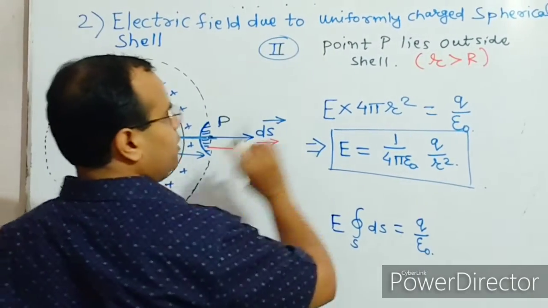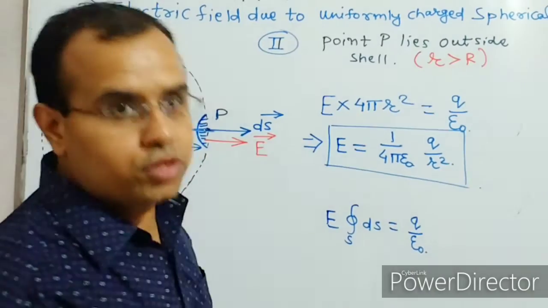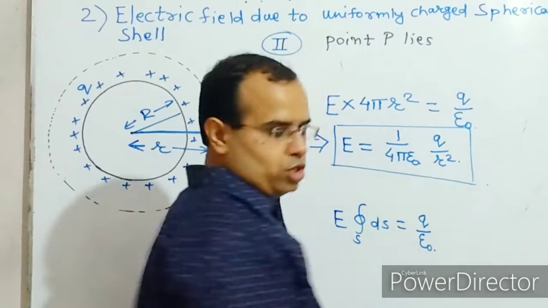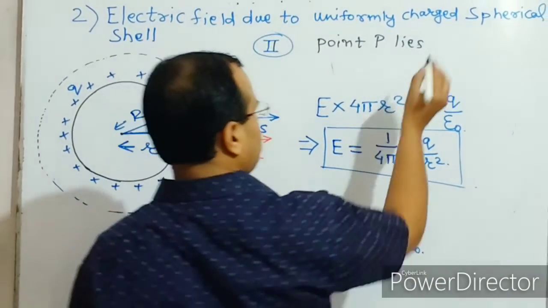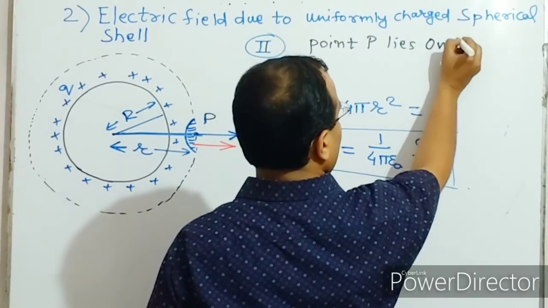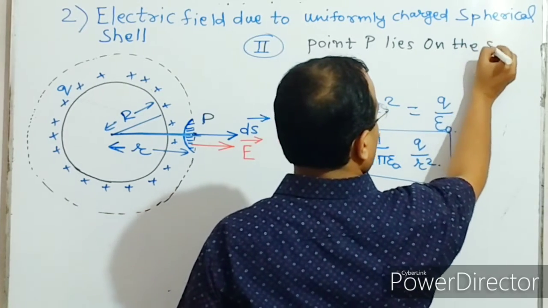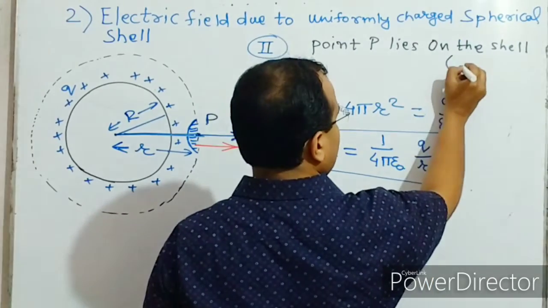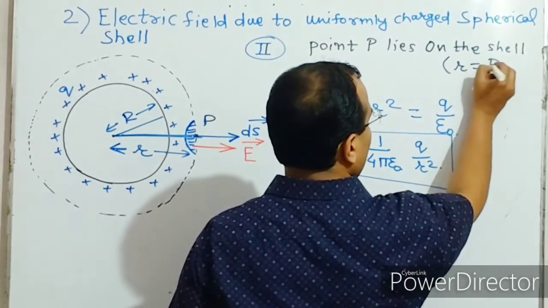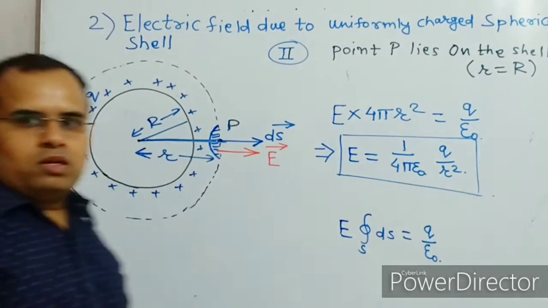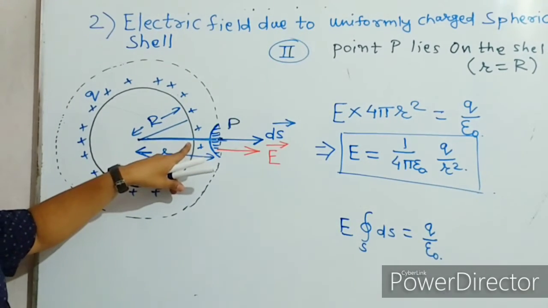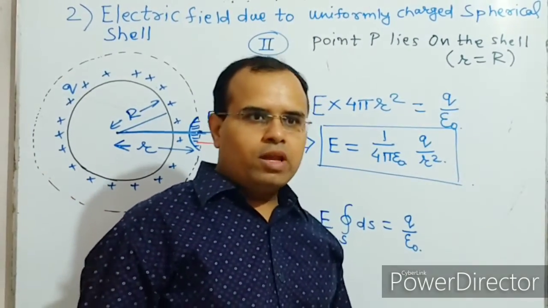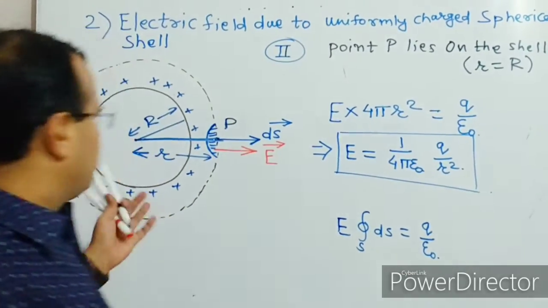now the point P lies on the surface of the shell. Point P lies on the shell. So when the point P lies on the shell, in that case what happens? Small r is equal to capital R, because the point will be lying somewhere here on the surface. So small r will become equal to capital R, and when small r becomes equal to capital R, entire thing